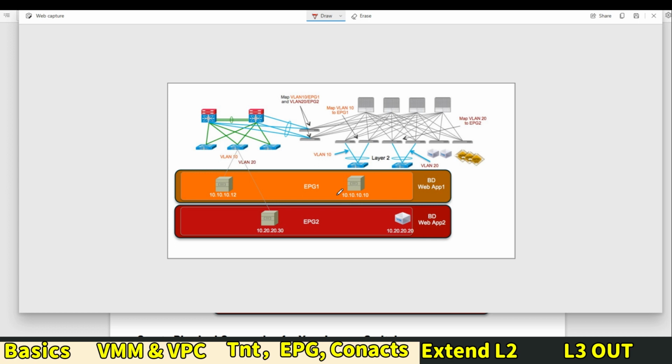These circumstances may include connecting existing layer 2 network switches to ACI, or extending the L2 domain to an existing data center infrastructure DCI platform such as N7K and/or ASR 9K routers